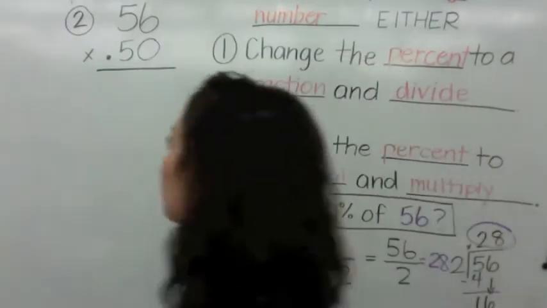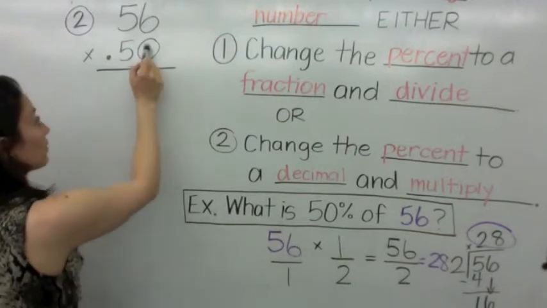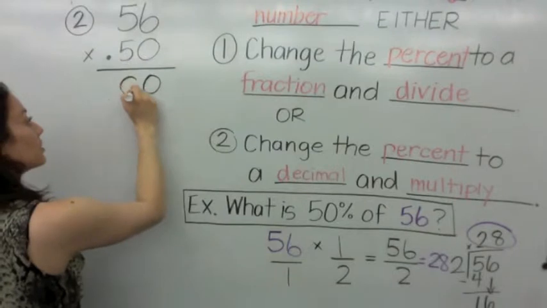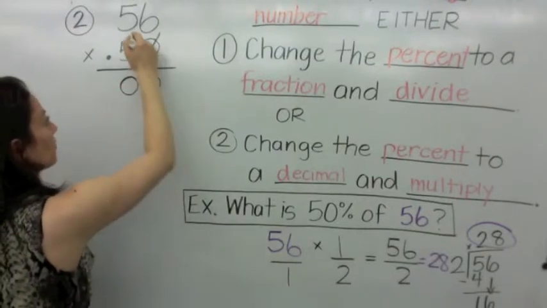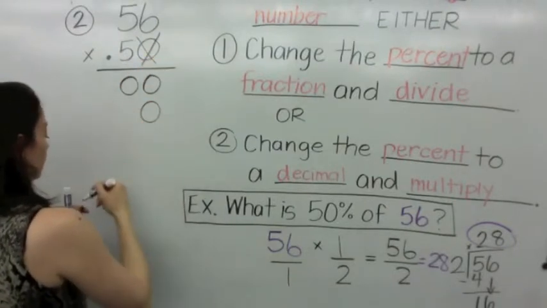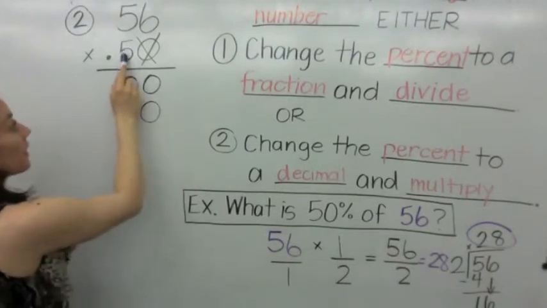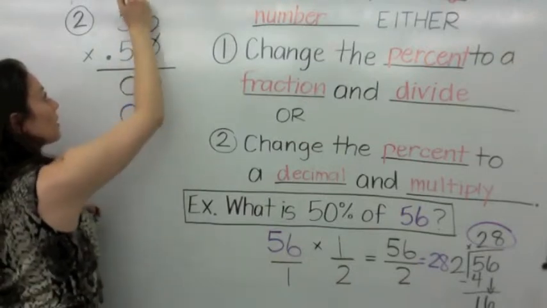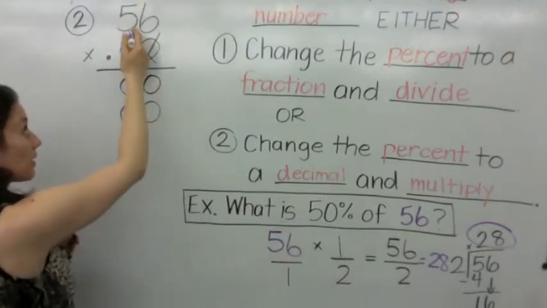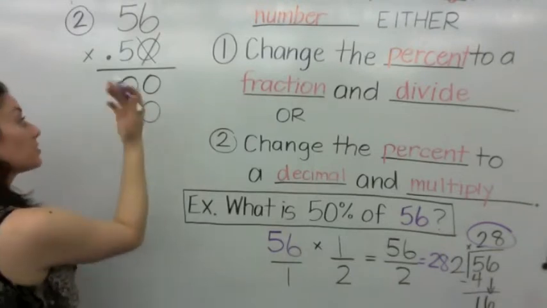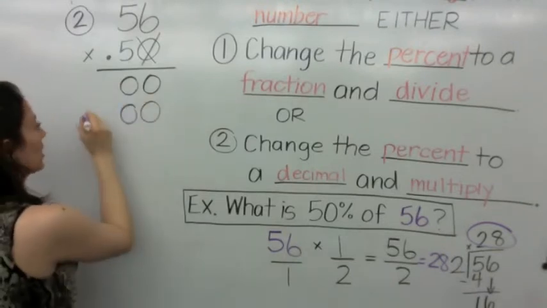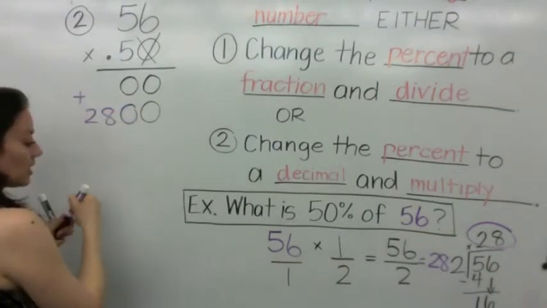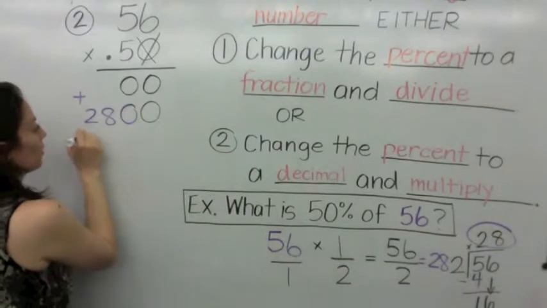Now, okay, so let's go ahead and multiply. You have 0 times 6 is a 0, and 0 times 5 is also 0. Okay, so now you're done multiplying the 0, put a placeholder. Now we're going to multiply the 5. 5 times 6 is 30, so put a 0, carry the 3. And then 5 times 5 is 25. Plus 3 is, what's 25 plus 3? It is 28. So when you add your answers together, you're going to get